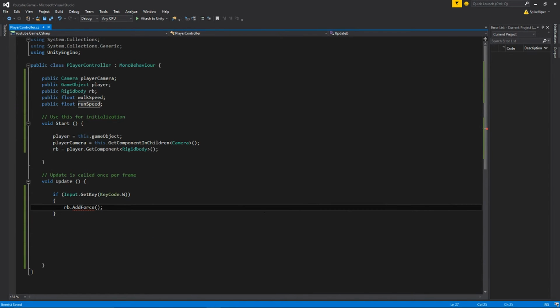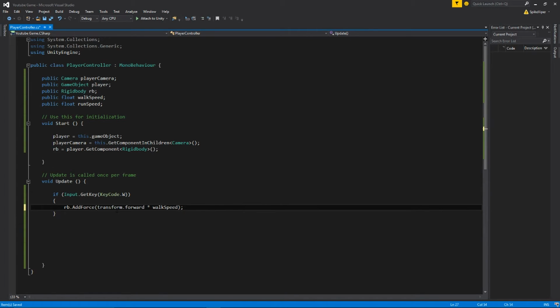So we'll add a force, and we're going to go transform, which basically holds the position and stuff, dot forward. So this is saying we're going to add a force to push it forwards, and we're going to do times